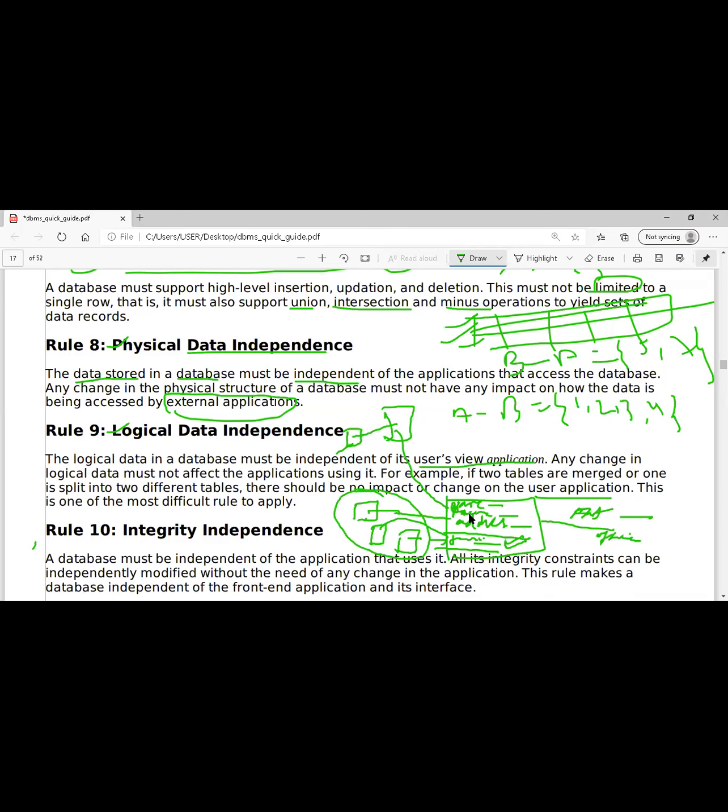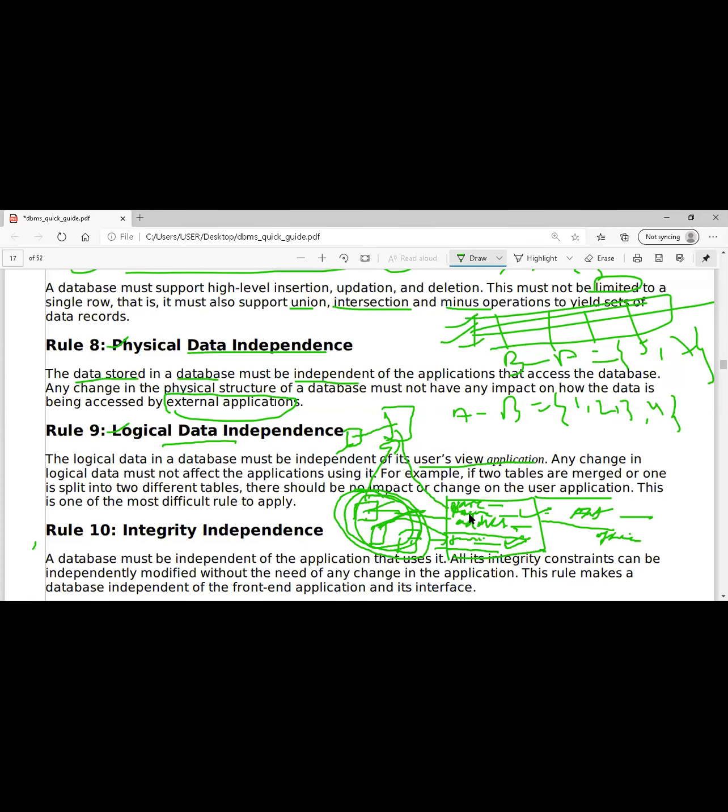So it should not reflect. That means if tomorrow I change all these tables into a single one, this should not be changed. It should not have any effect on this, either over here or over there. If I use multiple applications also, the data should be stored accordingly. It should not reflect or change. It's not like if you are changing this, that should also change. If it is fixed, it should not reflect on this particular application, or on this. This is what logical data independence is.